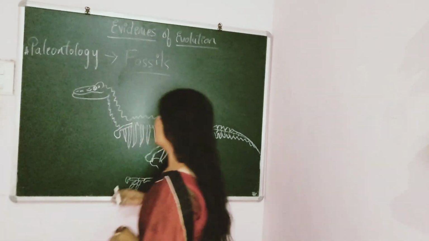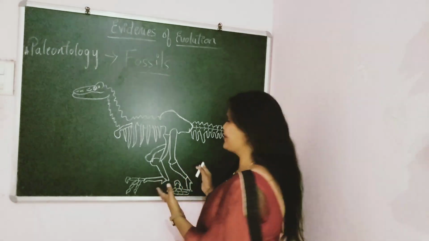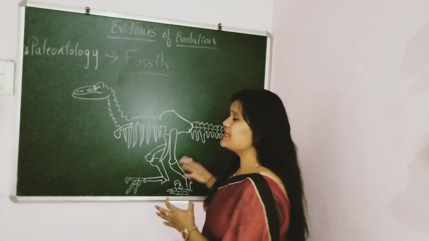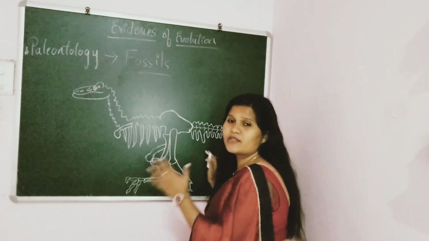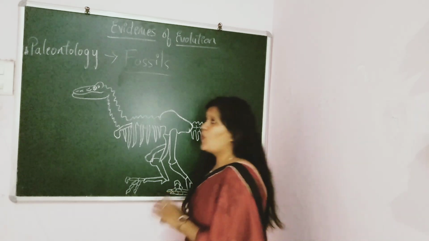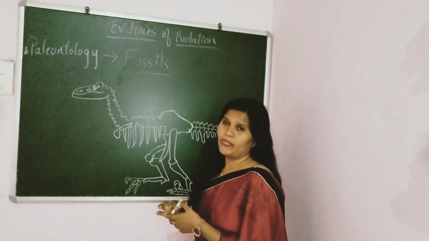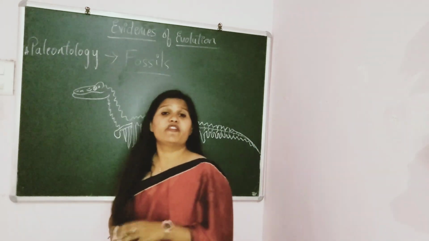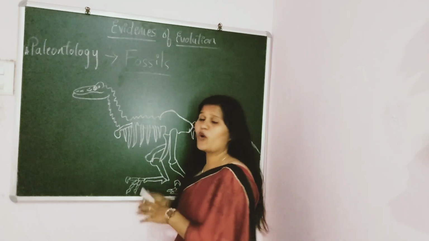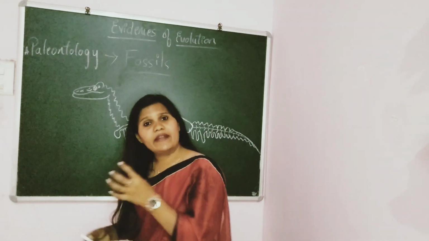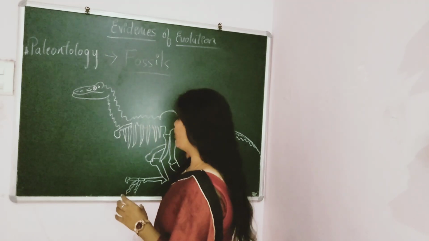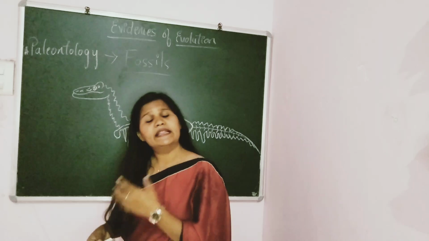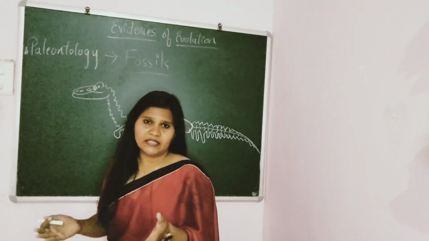For example, have a look over here. See such a beautiful dinosaur it is. As I am not good at drawing, please adjust. And this is the skeleton. Can you see? It is the skeletal structure of the dinosaur. This is the fossil. Any organism which is dead, if we find its skeletal system or hard parts like bone or teeth, the strong hard organs, they are found buried under the mud.